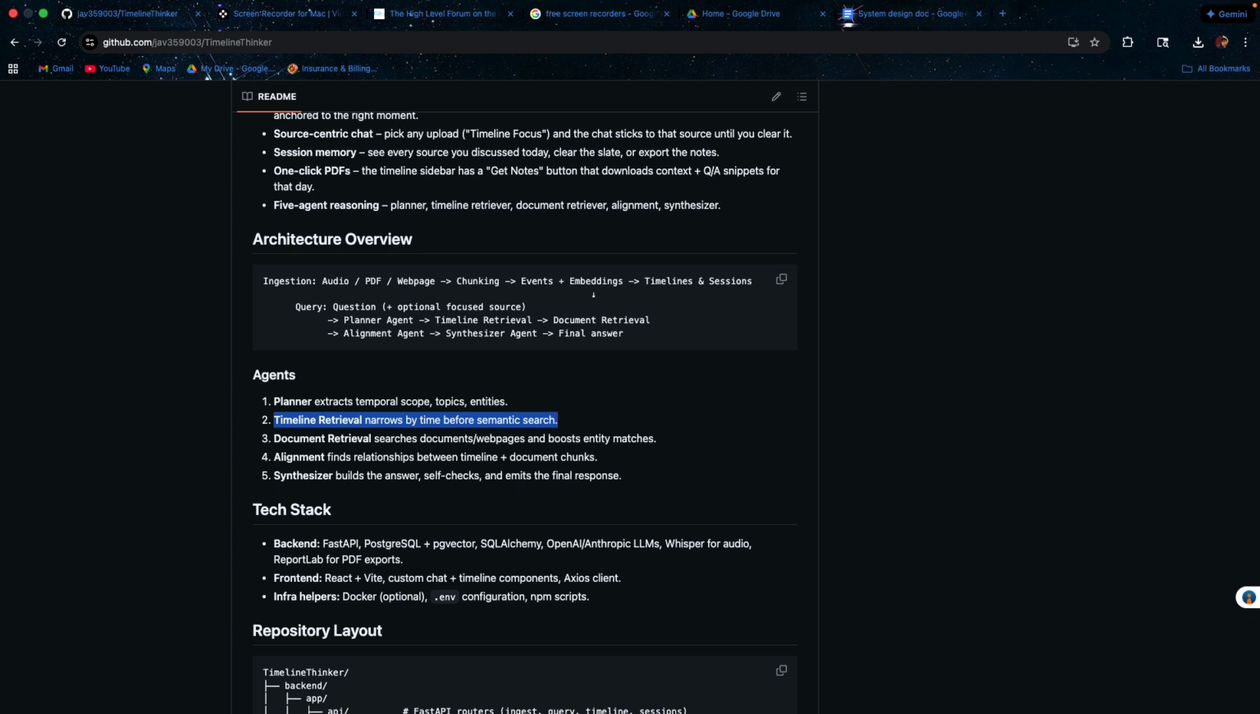and then constructs a context window with source citations, timestamps, and prompts for GPT-4. Ultimately it finds relationships between the timeline and document chunks, makes source citations, timestamps, and GPT prompts, and then sends that to the synthesizer, which is the last agent,